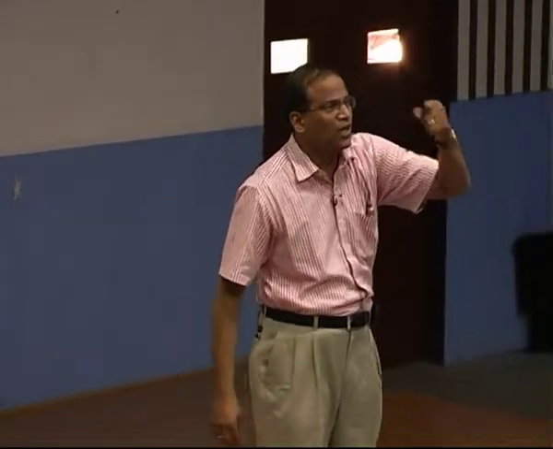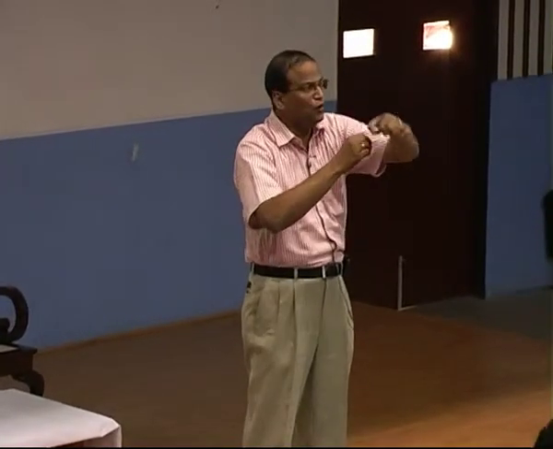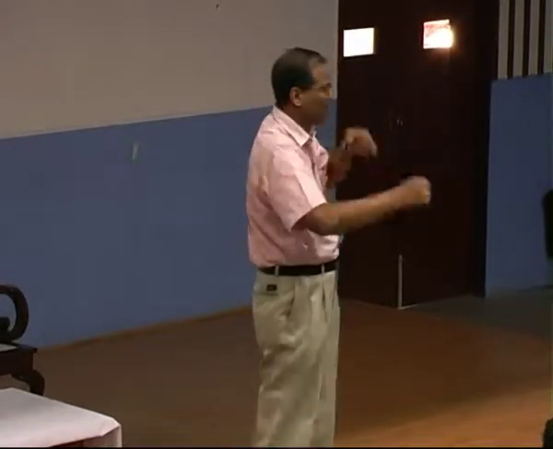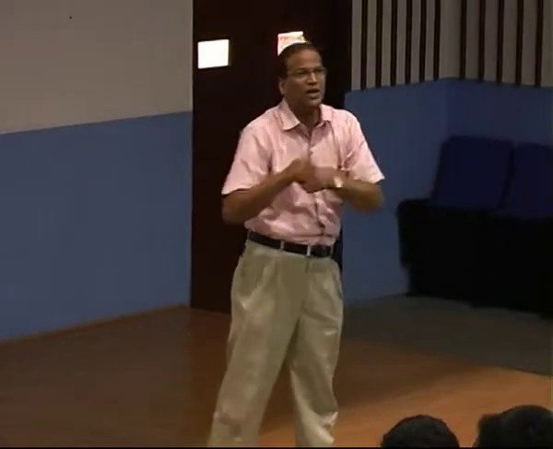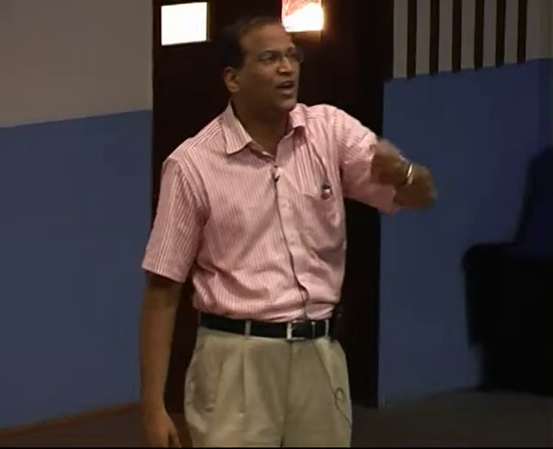Okay. However, it is possible for us to put a satellite into orbit at a lower height. That is called a LEO, low Earth orbit. But the problem with the low Earth orbit is two things. Since it is not synchronous with the rotation of the Earth, you cannot look at the same place 24 hours a day. So it will look at various portions of the Earth in a particular day. And second, because at 700 kilometers, we cannot say that there is no atmosphere at all. There will be a drag force and eventually it will try to come closer and closer to the Earth. Therefore, we have to fire rockets and push the orbit up higher and higher.